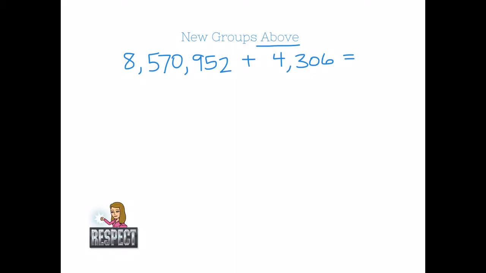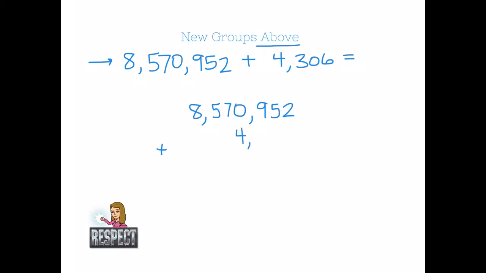The first thing I'm going to do is I notice that my numbers are lined up horizontally. I want to line them up vertically, so I'll need to make sure I line up those place values correctly. I'm going to write the larger number on top. I recommend you all do this as well. So I'm writing 8,570,952 on top. And adding, I notice that it's 4,000, so I need a 4 to line up with the other